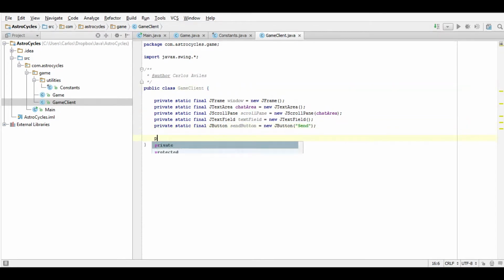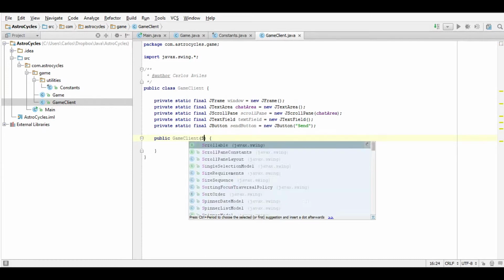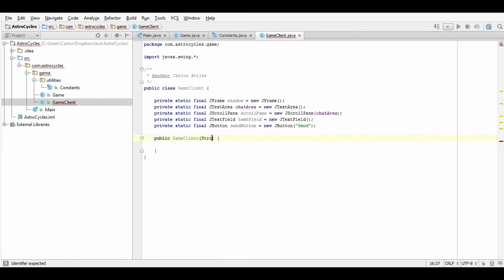Alright, so let's create the constructor. This is what a constructor is basically. And let's give this just one parameter, the title of the game. Alright, let's see. Let's create a chain method. I think that's what it's called. This is what a chain method is, or I don't know if that's the right name, but we'll be calling it a chain method. So set components,